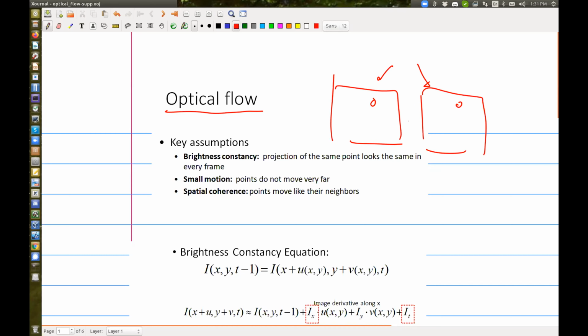So there are several key assumptions there. We have brightness constancy, so the pixels in one frame are not going to change a lot in terms of intensity with respect to the other frame. And also we assume the motion is small, it may have tiny motion. I didn't even draw any motion. Maybe it moved a little bit, but it's only a little bit. And also some spatial